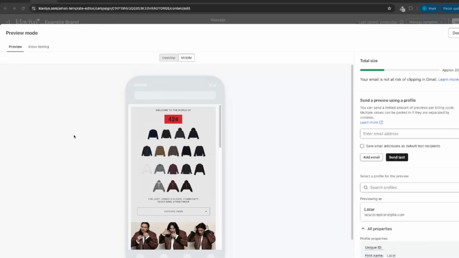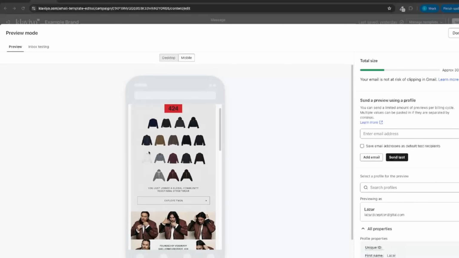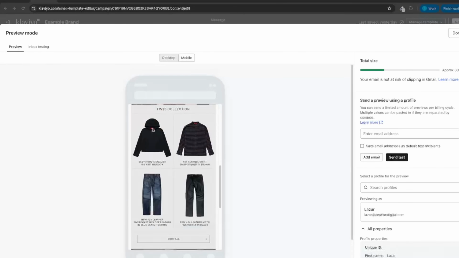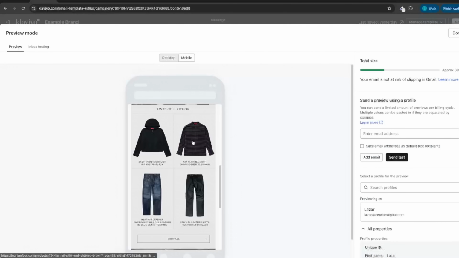Hey guys, today I'm going to show you how to create split blocks in Klaviyo that let you divide product sections into two columns, and it stays perfectly fine in dark mode as well. So here's an example of what I'm talking about. You have two columns here with different items, and when you click each individual one, it takes you to that